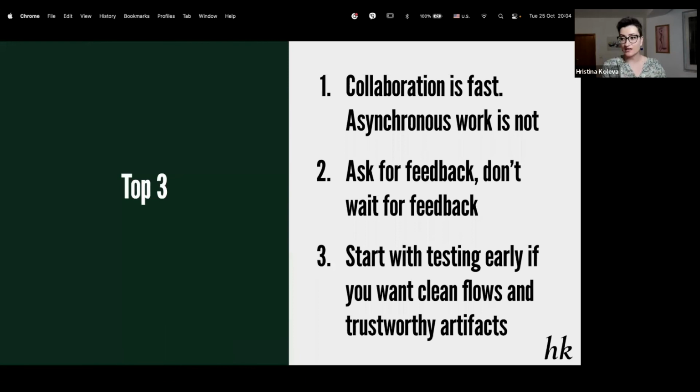But my top 3 are really, I believe that collaboration is fast, and asynchronous work is not fast in terms of calendar time. It might be more efficient if you manage your time well and if you're 2 people, but it's not faster. It will take 3 days instead of 2 hours.